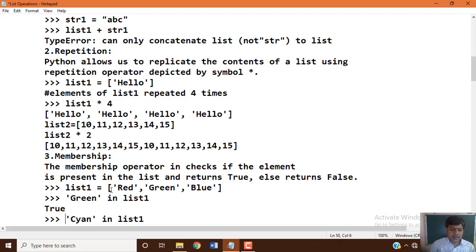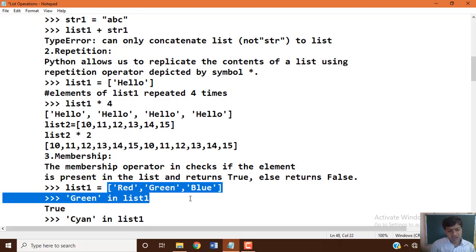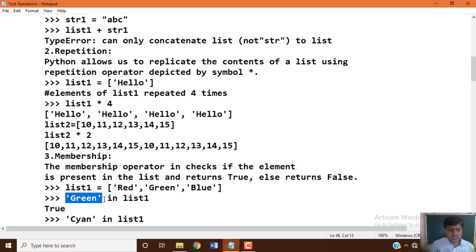Okay, let's take an example. List1 equal to red, green, blue, color names which we assign, and here you want to check whether one particular color is available in the list or not. That is green. Because this is a string value, we must enclose string data items within single quotes or double quotes. That is what we learned from the starting onwards. Same way as with string variables and operators, you need to enclose the string value in either single quotes or double quotes.